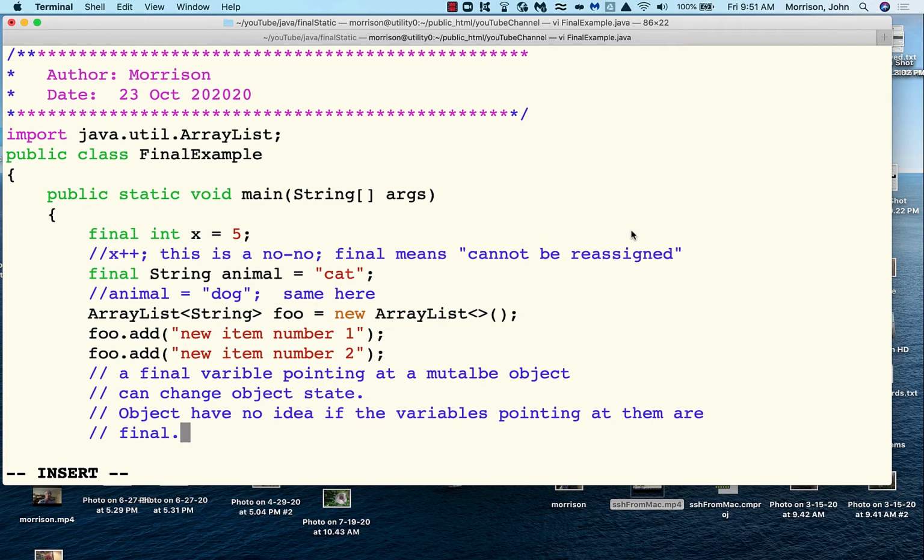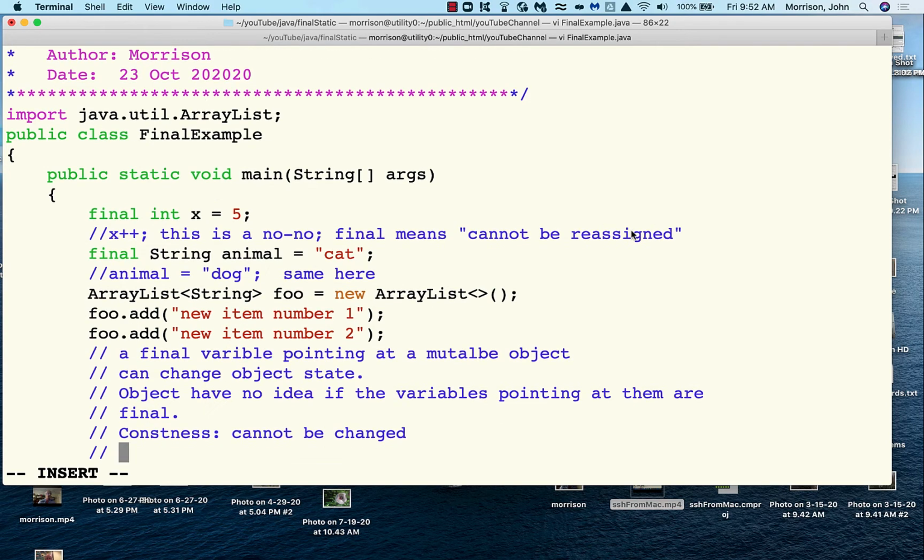Now, one other thing I should mention is something called constness. Constness means cannot be changed. And here is the rule for constness. Here are the essential ingredients. You need to have a final variable and either a primitive type or